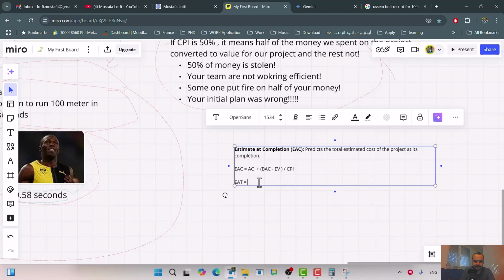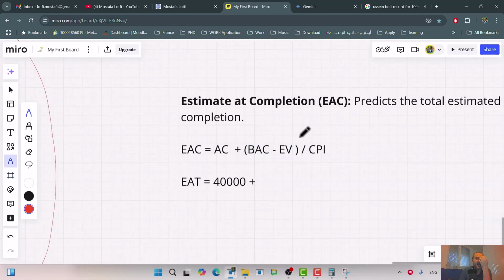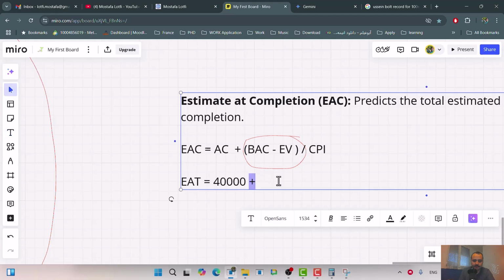40,000, right? Let me put 40,000 because if you remember, after 30 days a report was you had 40,000 cost plus. Okay, now in this formula, in this section, what we have basically is the remaining work. Okay, BAC, or budget at completion, which originally was 50,000, right? So if I want to put it here, it will be